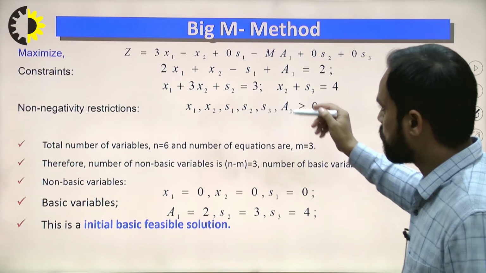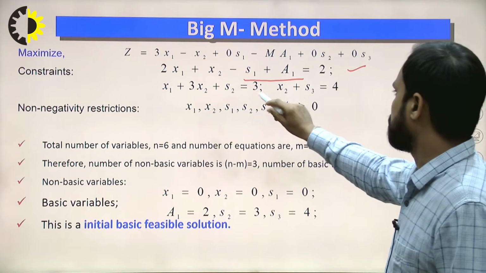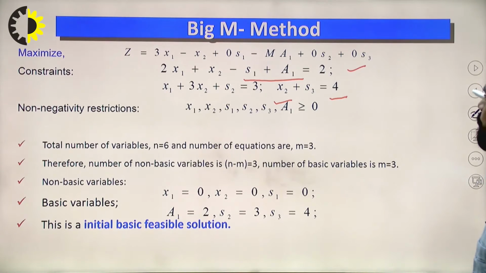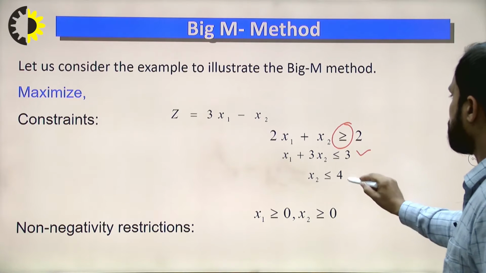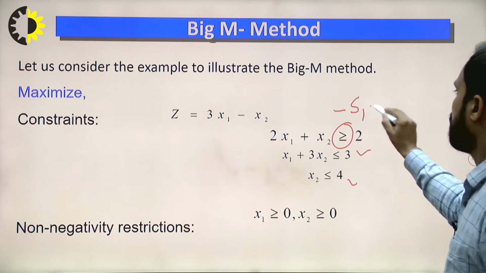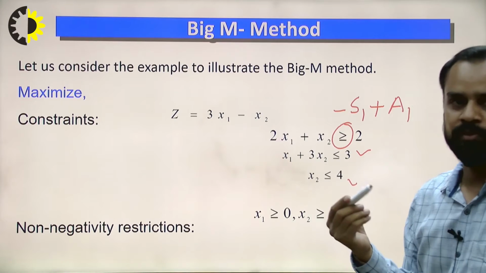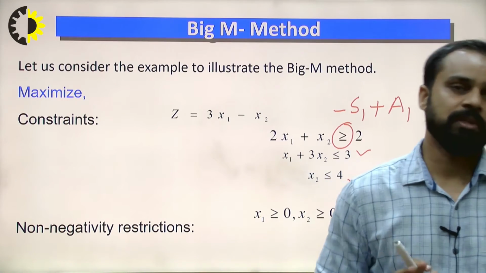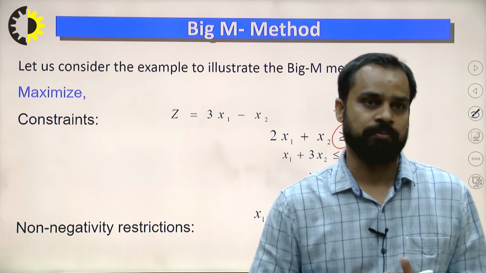The problem belongs to maximization, and this is constraint number 1, constraint number 2, constraint number 3. This way we can solve this problem, right? These are the less than constraints, so we can easily solve them. If I convert the greater than constraint, there is a minus s1 surplus variable, and to find the initial basic feasible solution I have to introduce an artificial variable. The only purpose of the artificial variable is so that we are able to find the initial basic feasible solution.